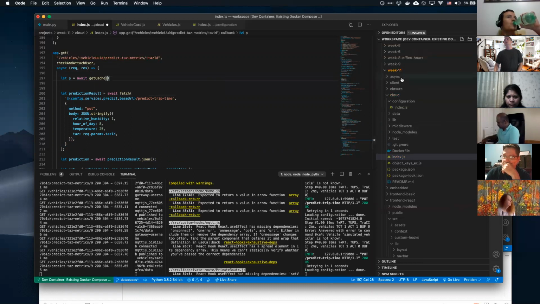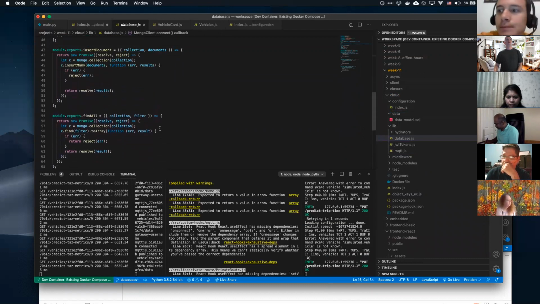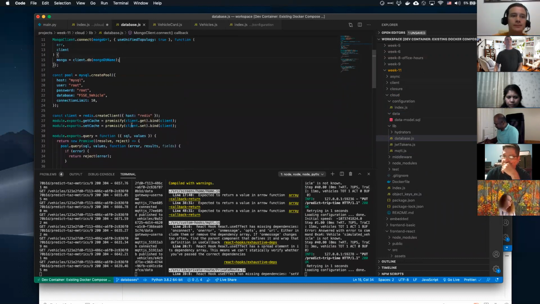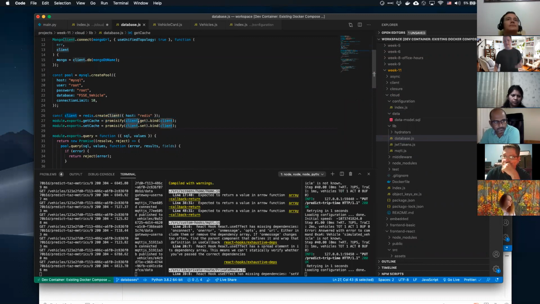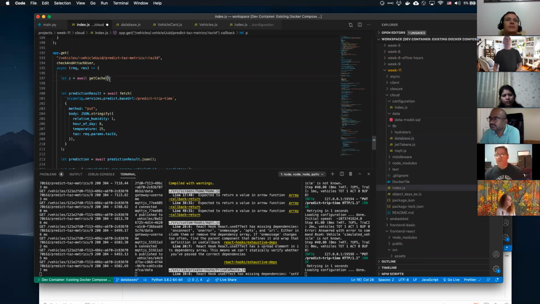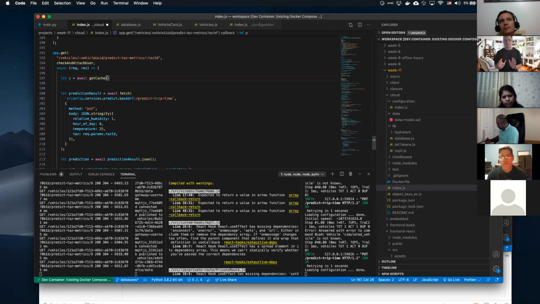Well, it comes from our database, so lib database here, and we go down here. If you remember, we defined our Redis client, and we defined our get cache, which is just, we just promisified our Redis client's .get, right? Set and get keys and values. So we're going to do a get cache, and we basically need to pick a key name for the Redis database, right?